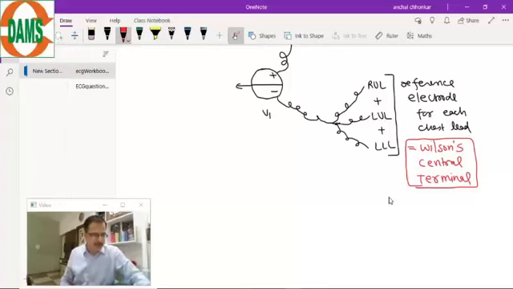All right. So it is the reference electrode for each chest lead. The wire from each limb comes and is connected into the negative pole. And this represents almost zero electrical activity, or the net is zero of all the three limbs. So net will be zero of three limbs.